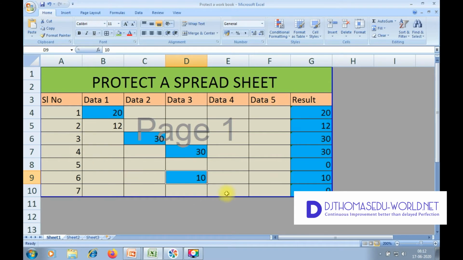Apart from that, the non-blue cells, I can change or enter any data. Let's see how I can protect this worksheet by choosing only the blue category to be non-editable and the rest to be editable.